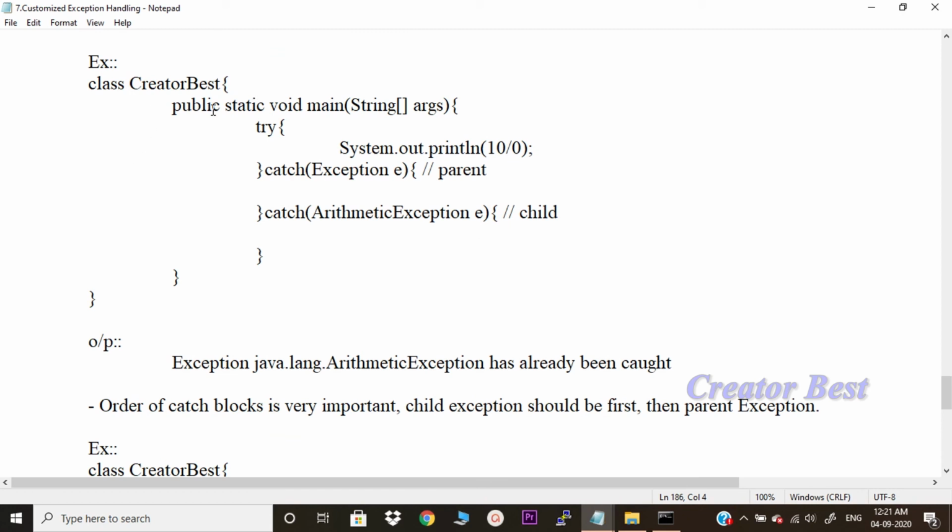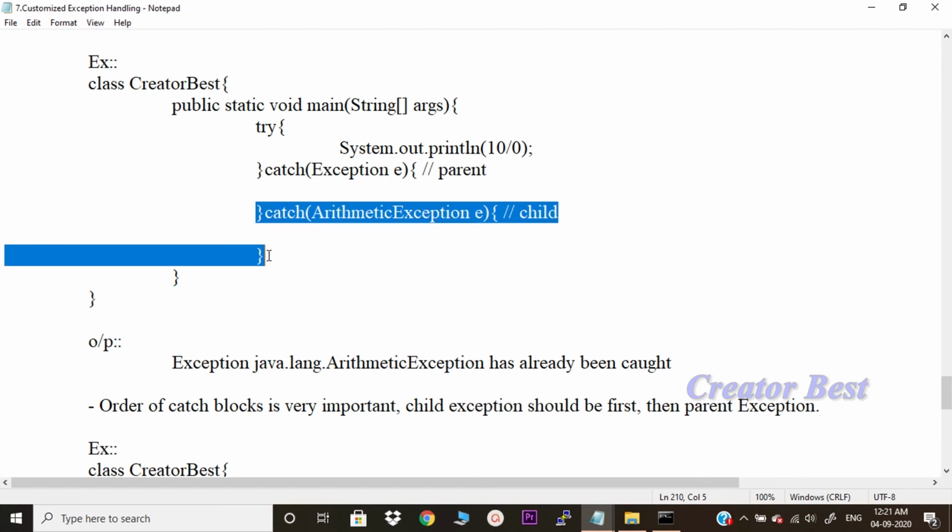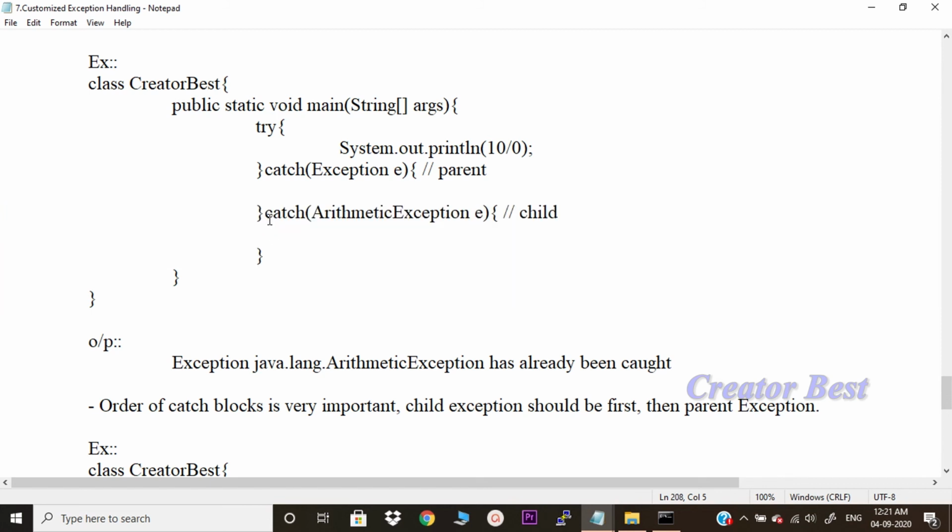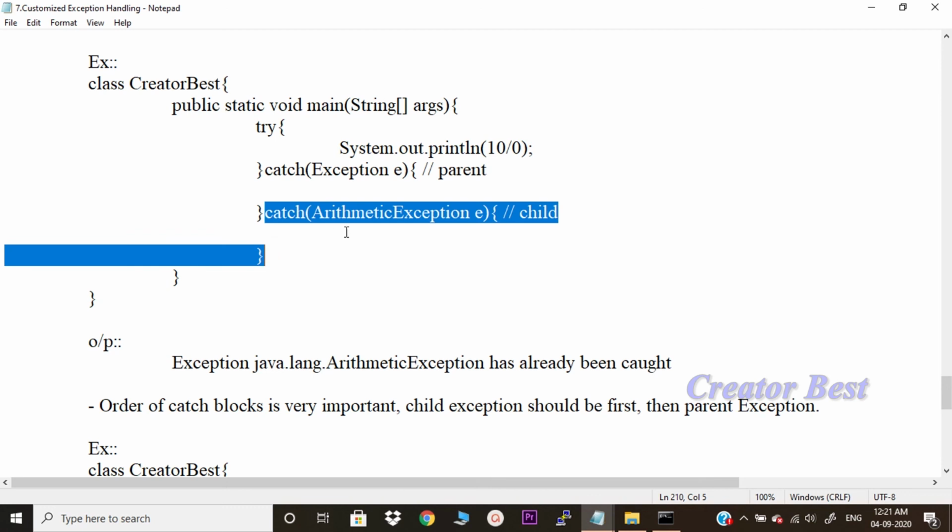In this program, we have taken some statement divided by 0, and what we did is we have written the parent class exception first, and then later we have taken the child exception. First we have written the parent, then we have written the child.